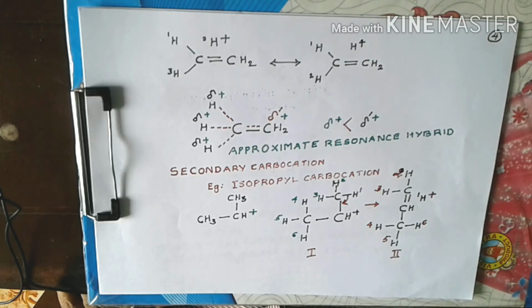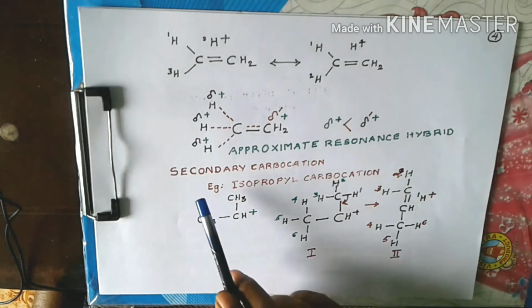In a mesomeric effect, we are dealing with only pi bonds or lone pairs, whereas in hyperconjugation we are dealing with a strong bond, a sigma bond, connected to a hydrogen atom. So a great energy is needed to take this electron to move towards the positive carbon, or to mobilize the electron pair during hyperconjugation.